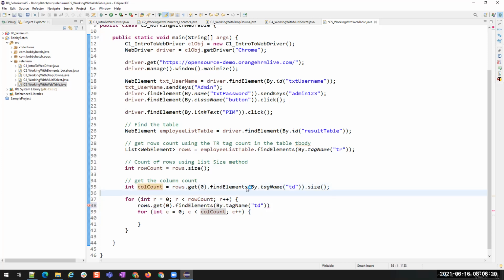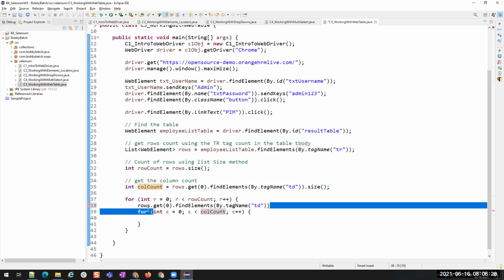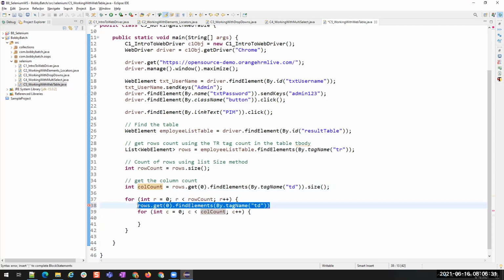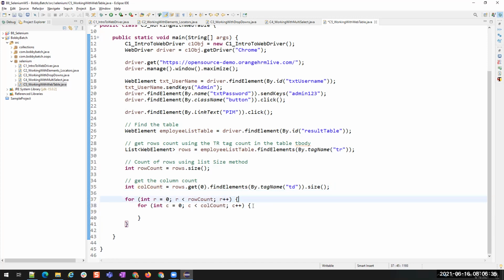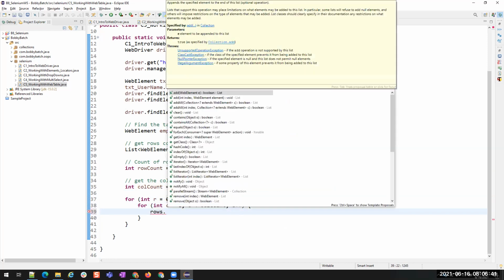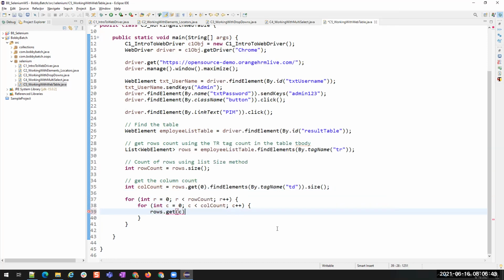And now from each column, I have to get the text, right? From each column, I have to get the text. So here, inside this column loop, we have multiple rows, and then we have to get each row. But where is the row index present?